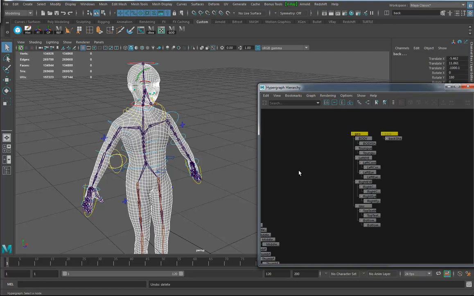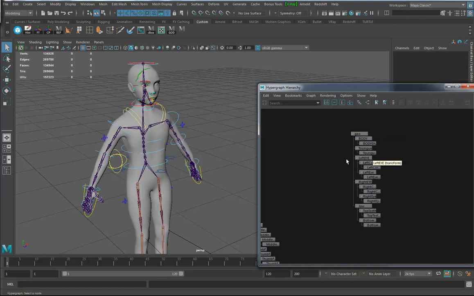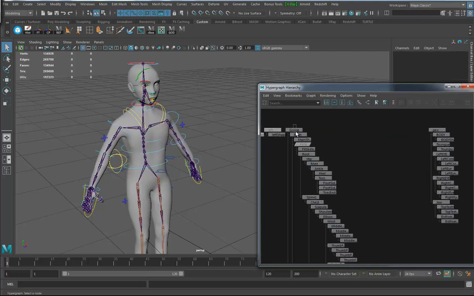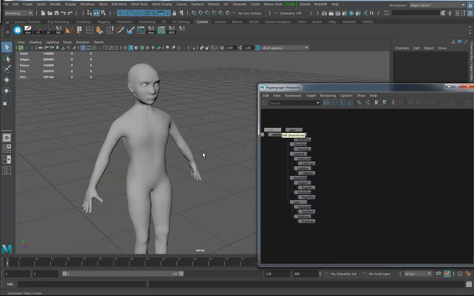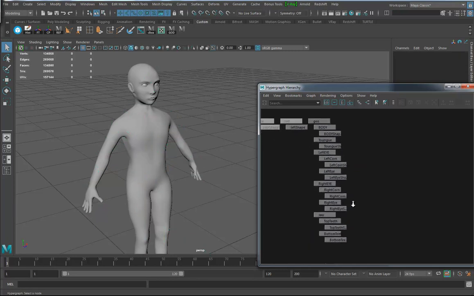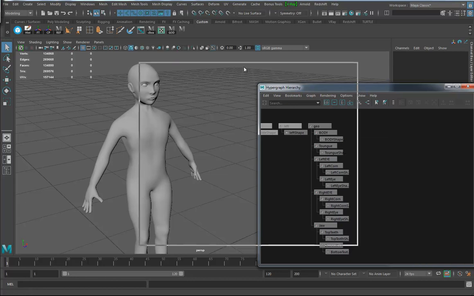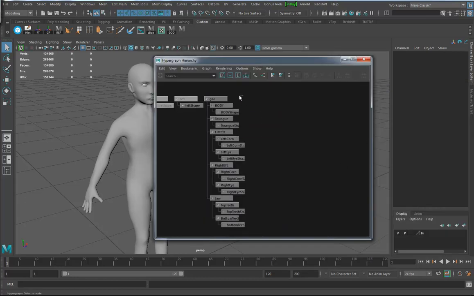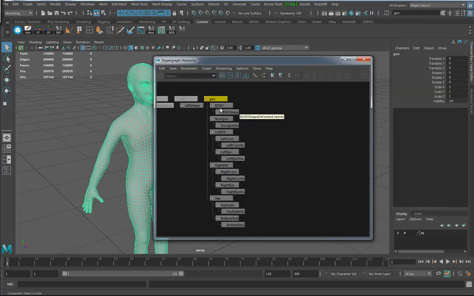I'm going to get rid of this. And what was that? Just hold on a second. Oh, just that thing. And I'm going to get rid of this whole auto rig thing here because I'm just going to clean it up and start again. So let's see, when I'm looking here, geo, so we got the geo group,